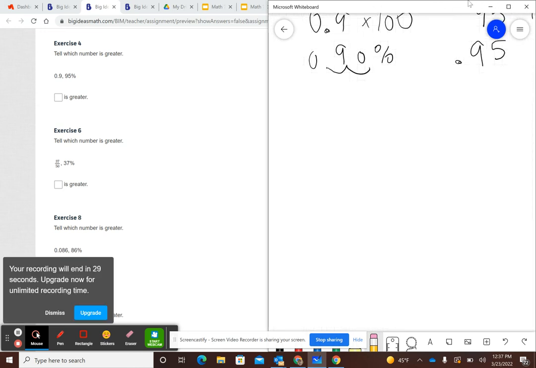Okay, number 6 says, tell which is greater, 37/50ths, or 37%. So right away, I'm going to go ahead and rewrite 37/50ths as a decimal, and the way that I'm going to do that is numerator divided by denominator. 37 divided by 50, and I get 0.74,